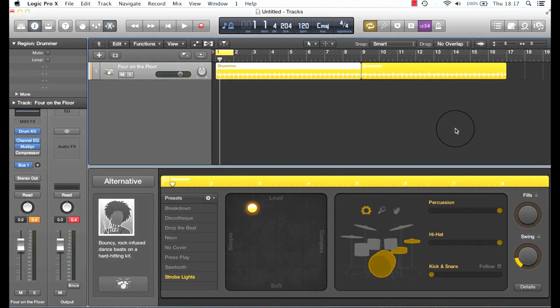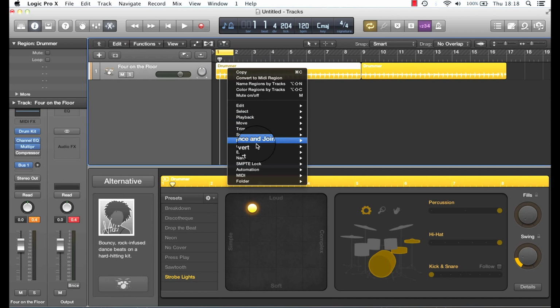What I want to do next is use this drum loop on the sounds that I would normally use in a dance music track. So I want to convert this to MIDI first of all. I want to change this audio file into a MIDI file. If I right click, go to convert, and convert to MIDI region,